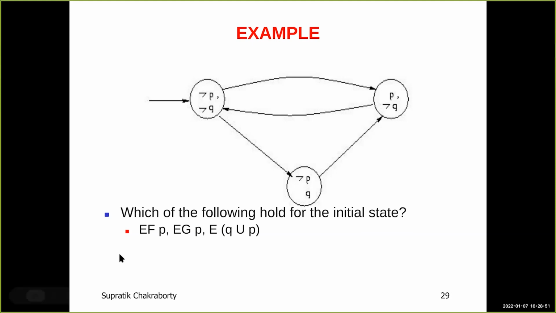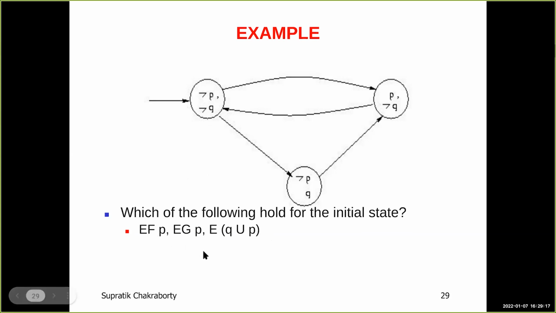And these formulas are talking about paths in that infinite tree. So how do I reason about that infinite tree from this state transition system? And then at the next step, how do I reason about that infinite tree from the circuit whose state transition diagram is the state transition system? Okay? So let's first try to understand how would I be able to figure out that, if EFP is my